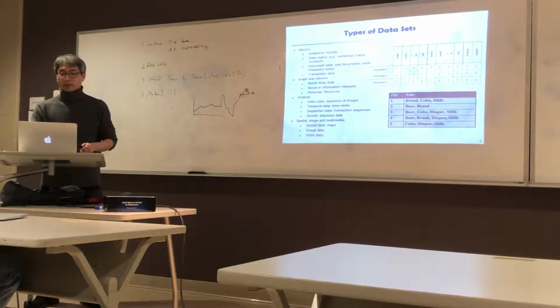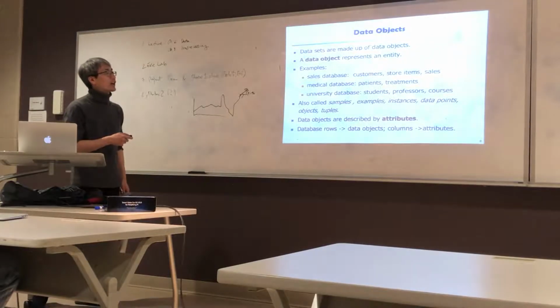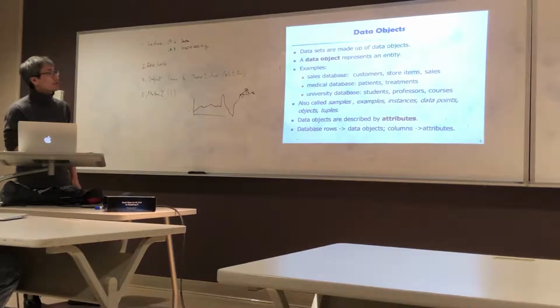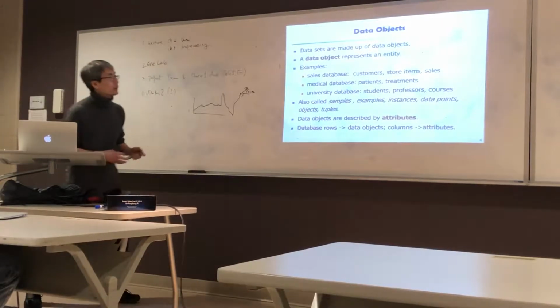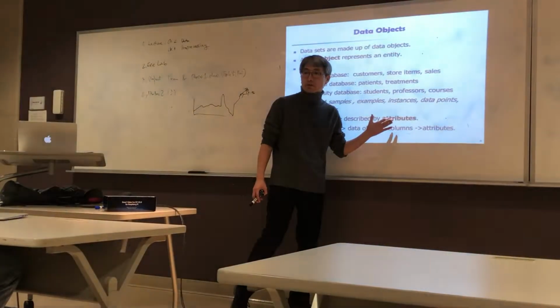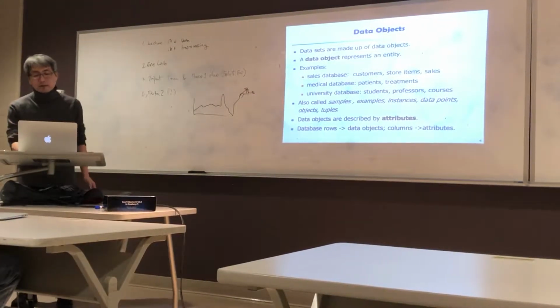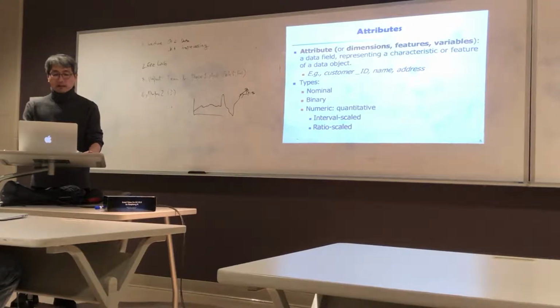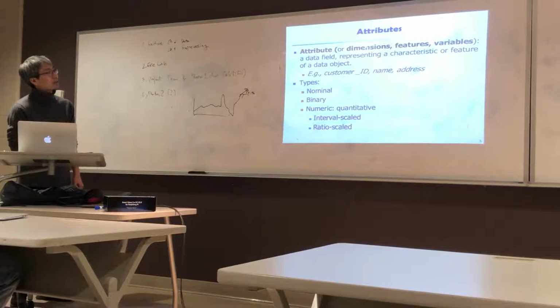So, okay, we are going to consider each data item as a data object. A data object has a different name, entity, in ER modeling, if you already took the database course. Then they have a number of attributes. Such an attribute, the analyzed attribute, is very important in data mining. Sometimes an attribute has a different name: the dimension,